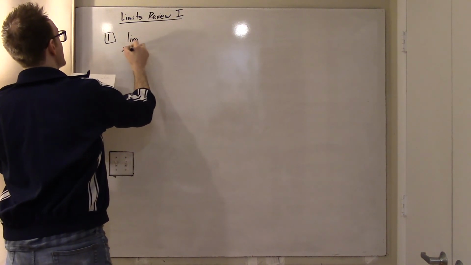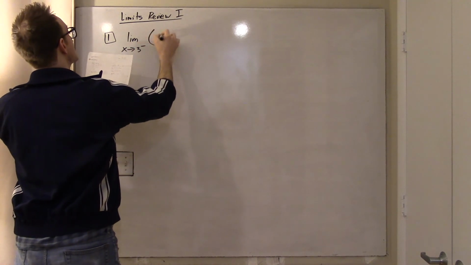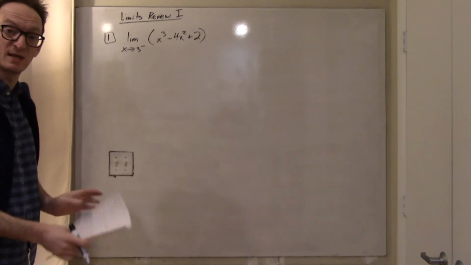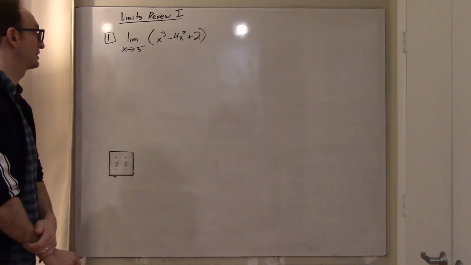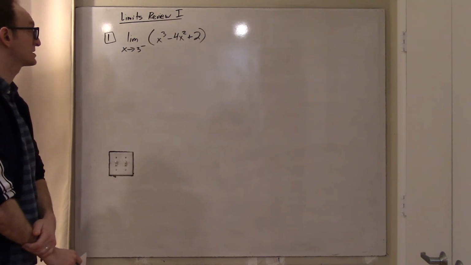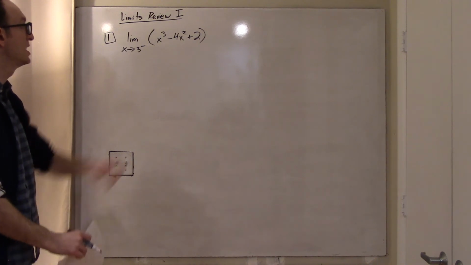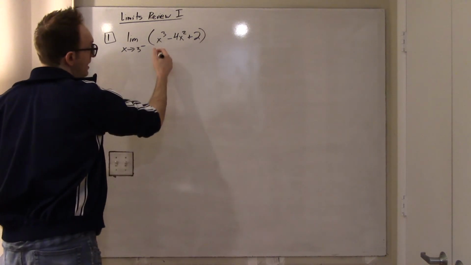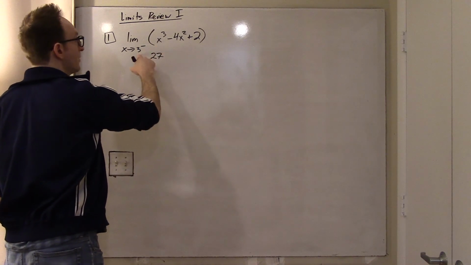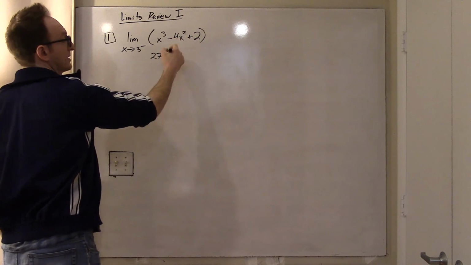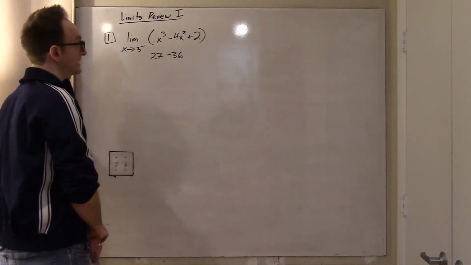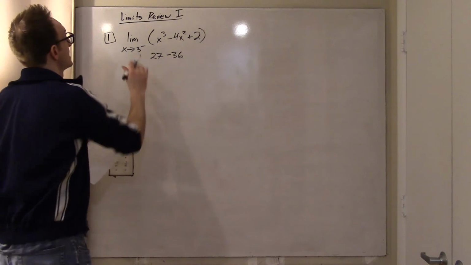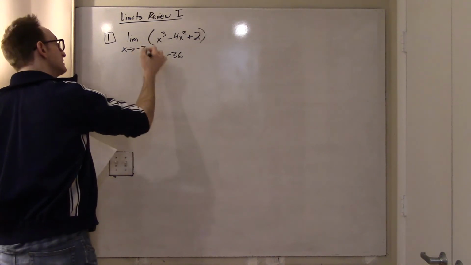Alright, let's go. The very first problem is just maybe a little bit silly. It's the limit as x approaches 3 minus of x cubed minus 4x squared plus 2. And your first instinct when doing any of these problems whatsoever is to just see what's happening when x is approximately 3. Well, when x is approximately 3, then 3 cubed is 27. When x is approximately 3, 4x squared is approximately negative 36. And yeah, sorry,